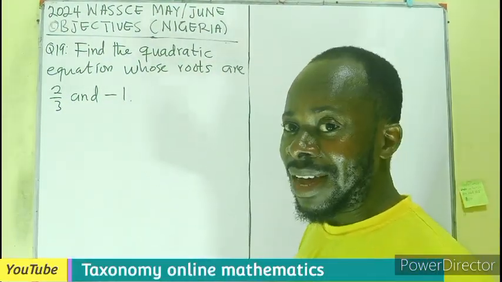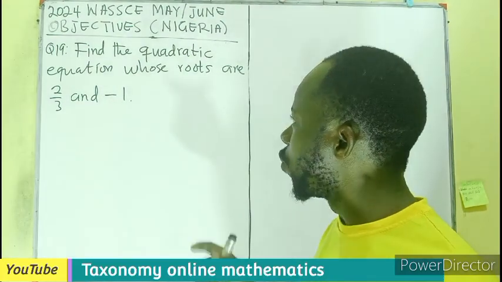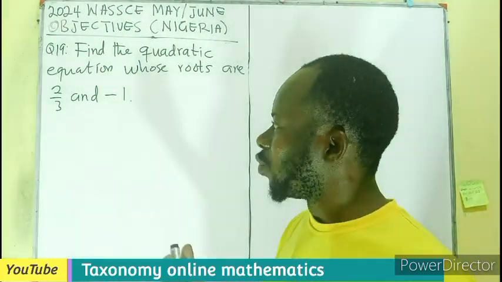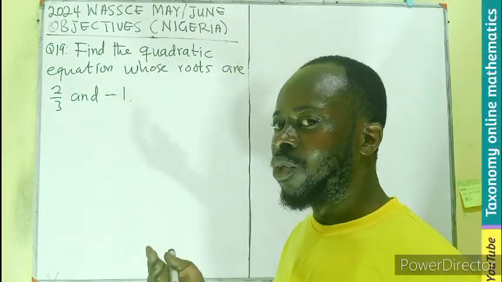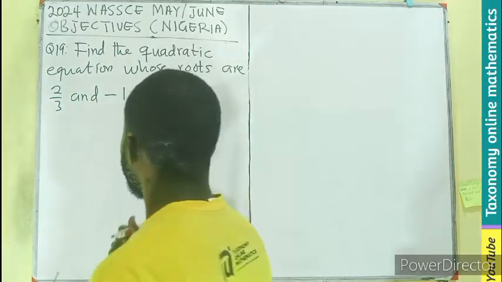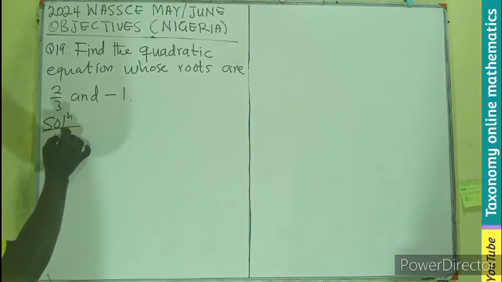The question number 19: we have to find the quadratic equation whose roots are given as 2/3 and -1. The roots have been given to us. We can do it in two ways. Let's start with the quick one. We know the equation is given by